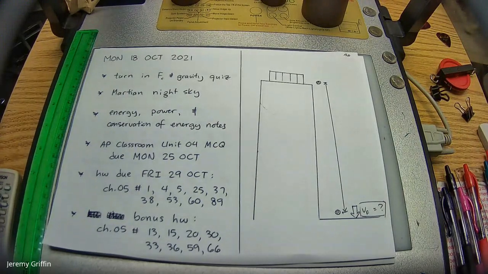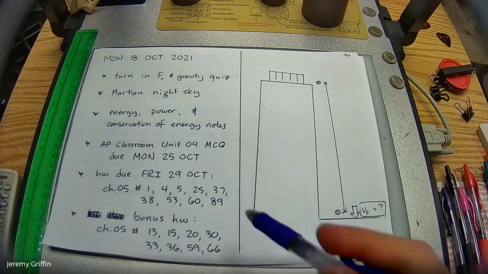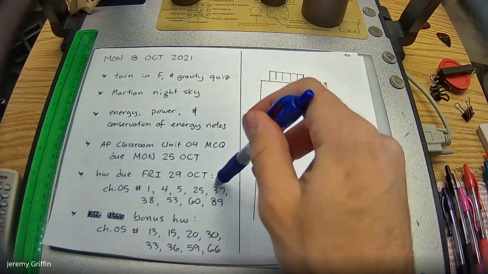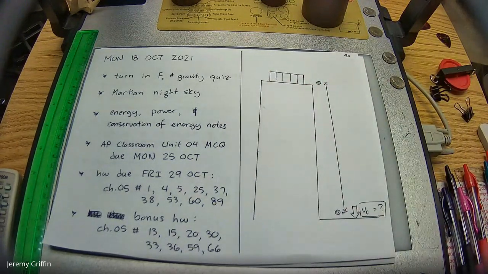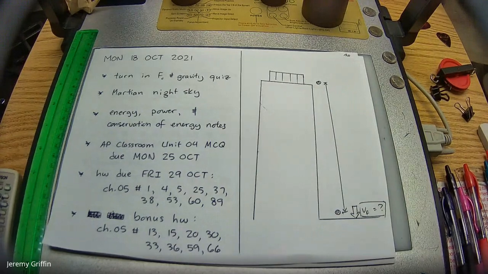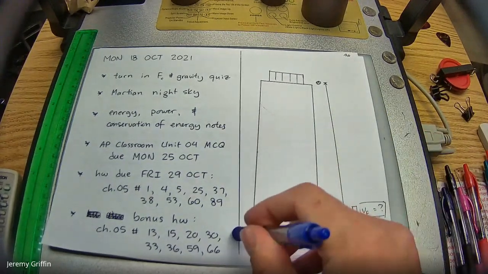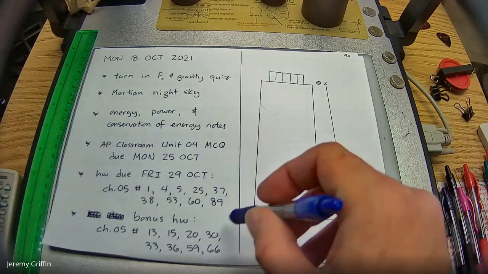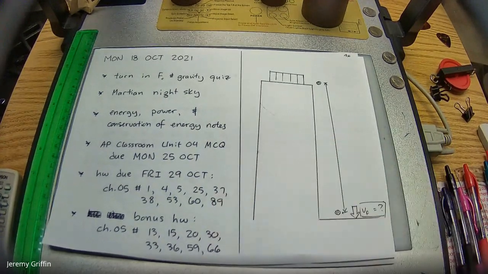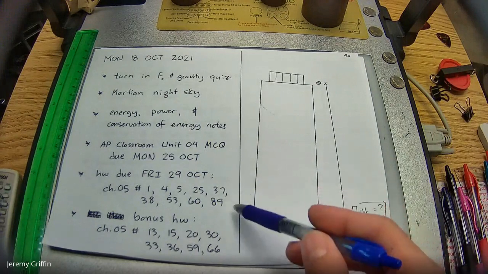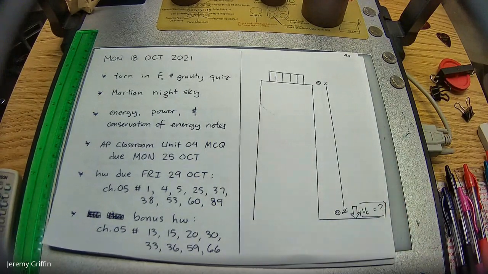Let's do the same thing we've been doing the last couple of sections that I think's been working out pretty good, which is I give you guys this main homework that I'll go over the problems of some very similar ones in class, and then have this bonus homework that you could also do for bonus points that some of you guys have been taking advantage of, which is really awesome. So there you go. Now these problems are listed on Focus, and these problems are also listed on Google Classroom. So it's all there, and obviously it's here too.